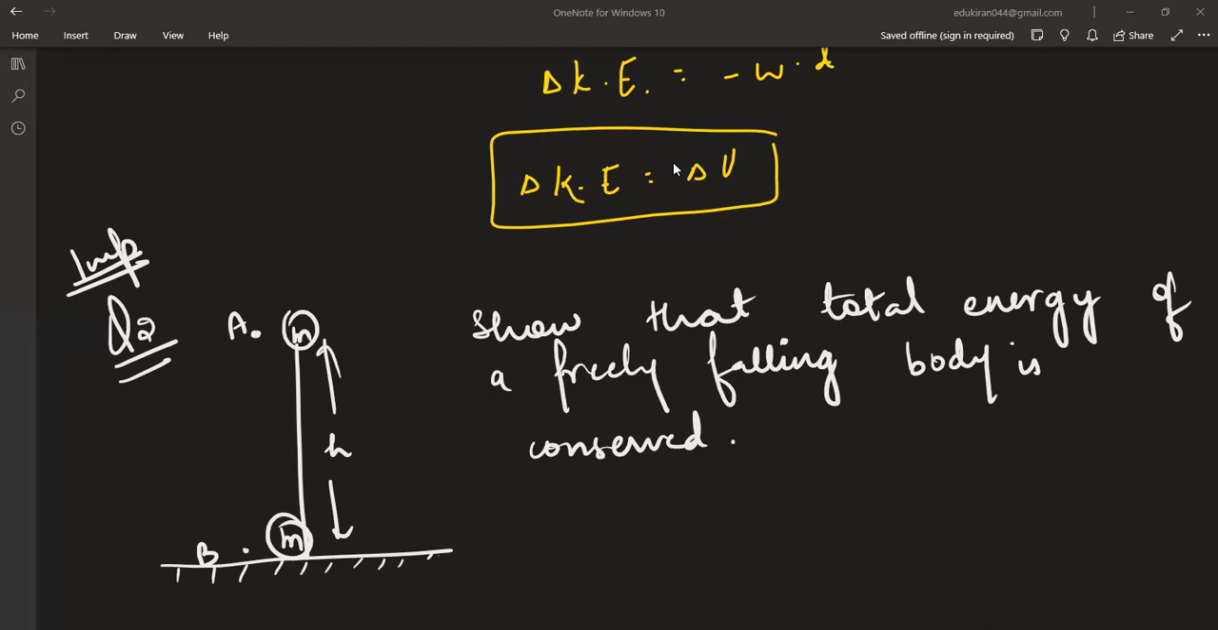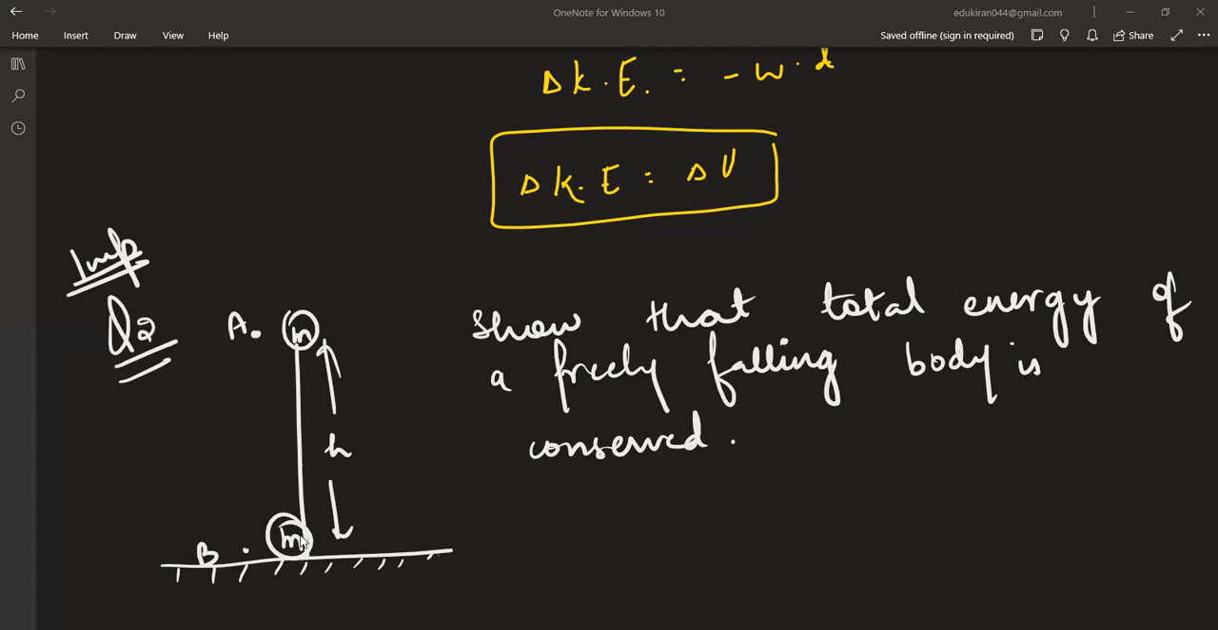All right. See, in the last class, I told you that one question on potential energy is left. That will complete the portion of energy and work, because work we already did. Energy is left. Then today we'll start with power. So see,